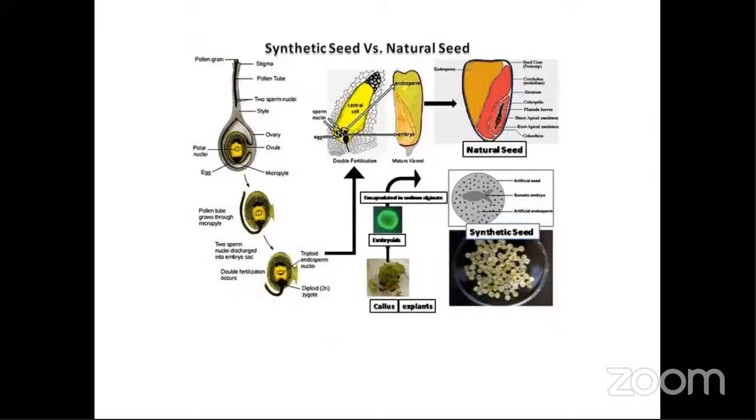This is the difference between natural seed and synthetic seed. Whereas in natural seeds, after pollination, fertilization takes place, and after fertilization, there is the development of the seed. Whereas in artificial seed or synthetic seed, you have to take the explants from a healthy mother plant and culture for callus induction. Once you get a sufficient quantity of callus, then you will go for subculture of callus for somatic embryo induction and production. Once you get the matured somatic embryos, then singulation of somatic embryos will be done, and that will be encapsulated by this matrix and hydrogel and go for planting.